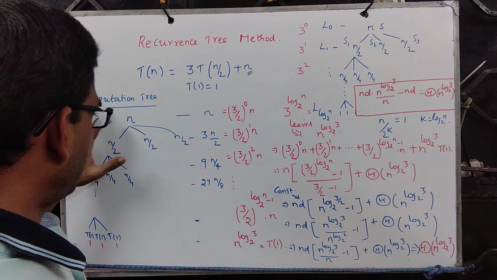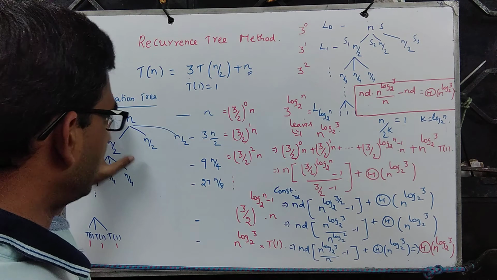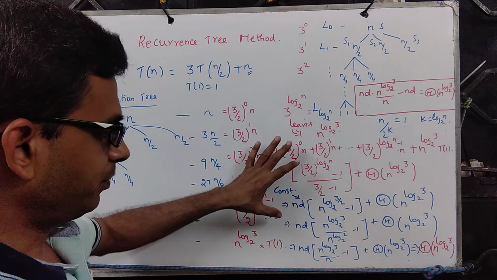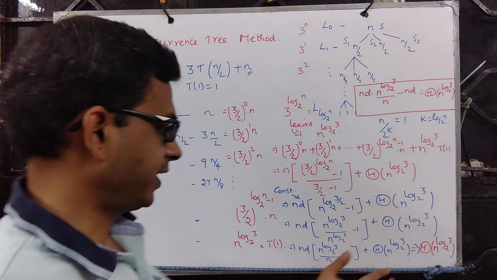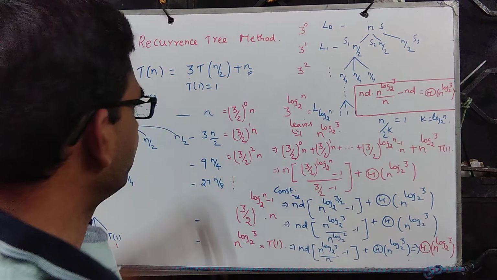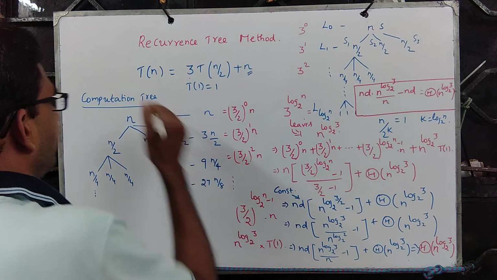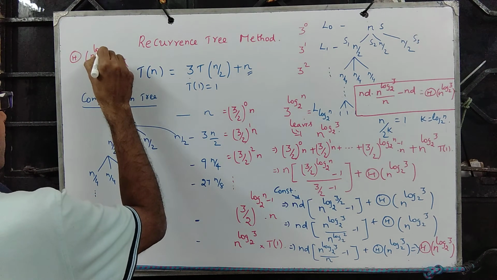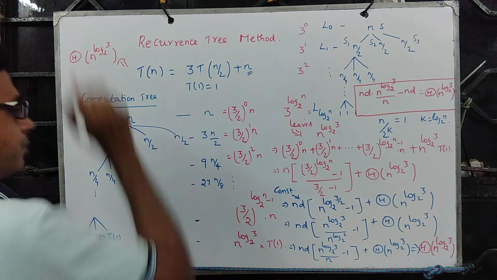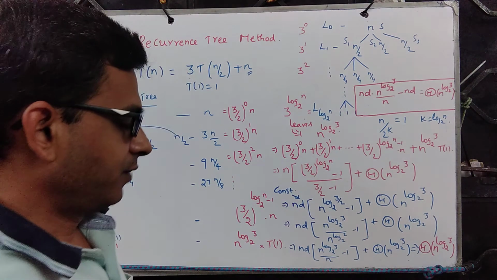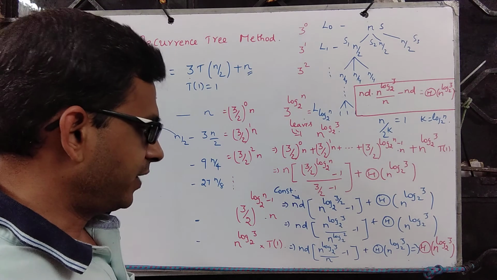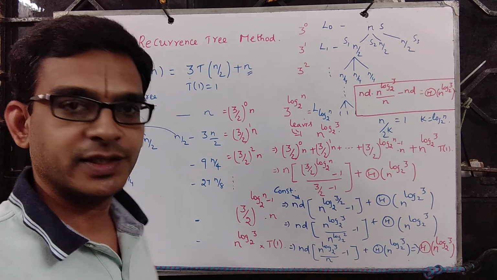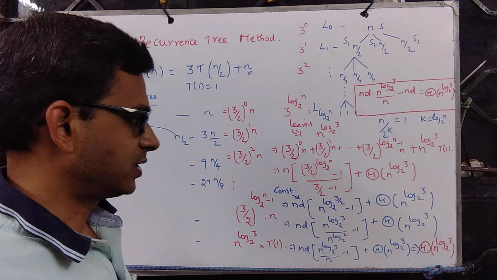So you just plug in what is the cost at each node and then come up with the expression. Simplify. On simplification we see that the solution to the recurrence, T of n, is theta of n to the power log 3 base 2. Fine. So there are a couple of interesting observations that one can make out of this. We shall experiment with one more case study, then we make our inferences one after another.